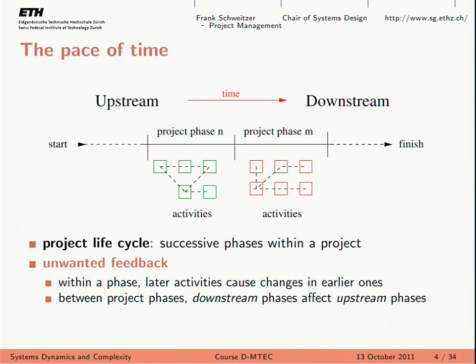And let me introduce some terminology. We have the so-called upstream and downstream directions. It's similar to a supply chain. When you go upstream, you go to the producers of raw materials. When you go downstream, you go to the customers. And here it's the same thing. When you go upstream, you go to the beginning phases of the project. When you go downstream, you basically go to the decommissioning, or getting the project out of the market.